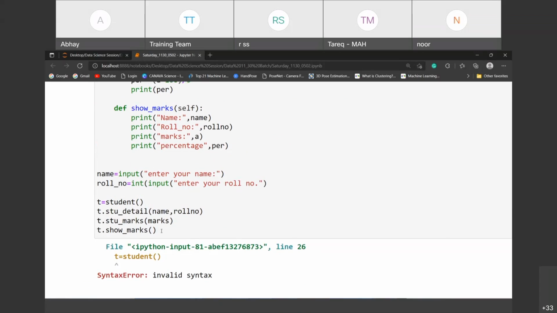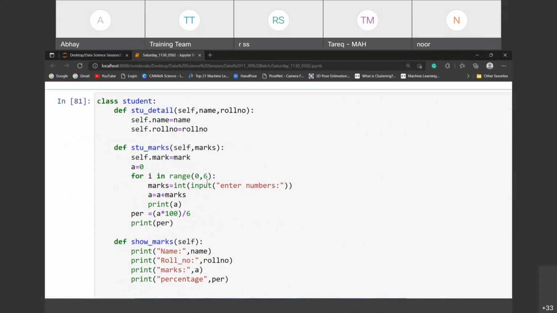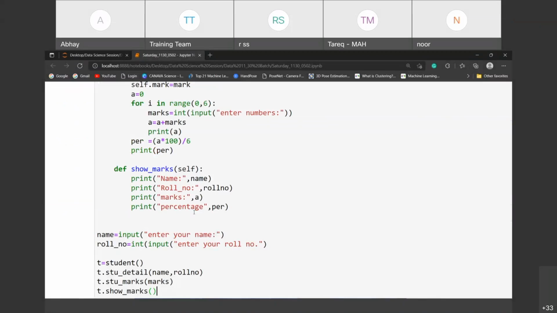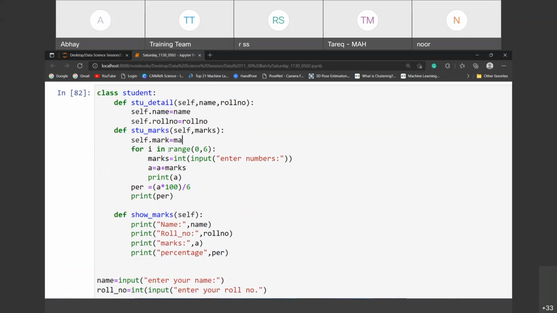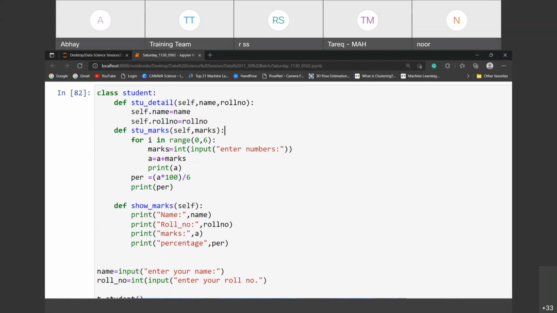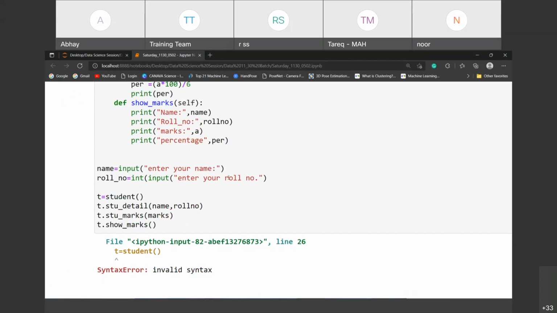Four is correct. Let's check out the T error. This is not like that. This is a bug, right?